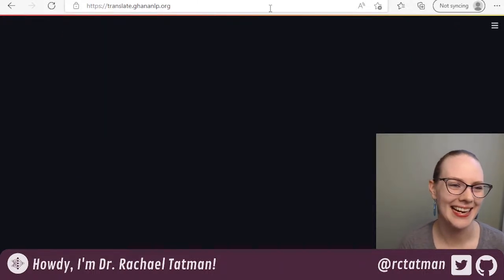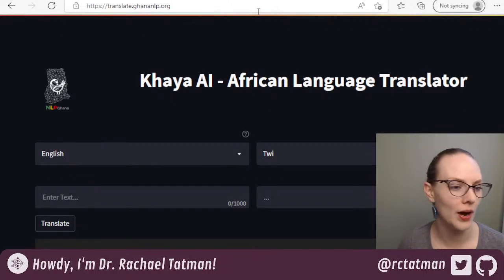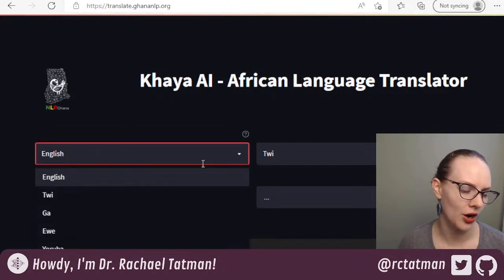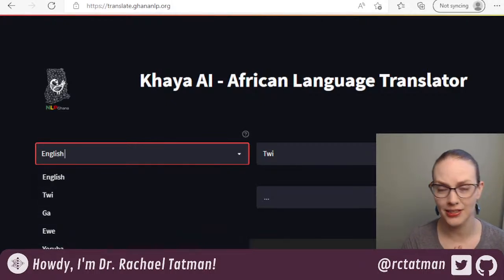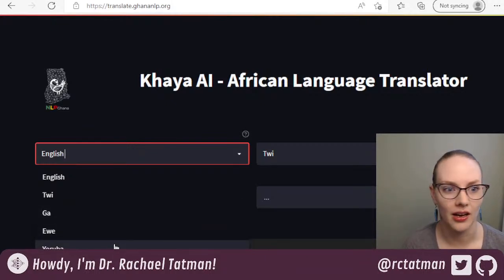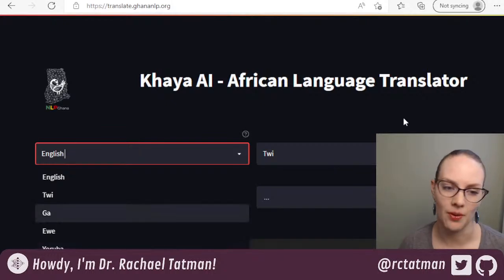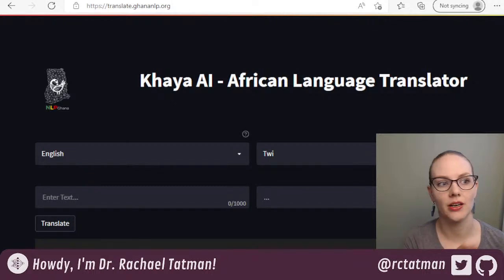NLP Ghana is an open source research group, I guess you'd call it, in Ghana. And this is their, I think it's version 2 of their translation tool. And it also includes some ASR, automatic speech recognition, as well. And the big thing is they added a bunch of languages. The one I think they did the most work on was Dagbani. Sorry if I'm saying that wrong. But we got Twi, Ga, Ewe, and Yoruba. So lots of languages of Western Africa, to and from English as well. And as well, there's an ASR component. So this is their free online tool.